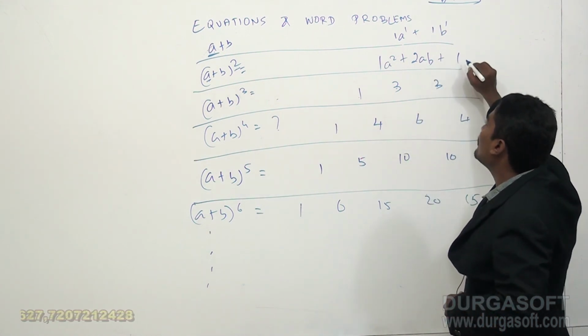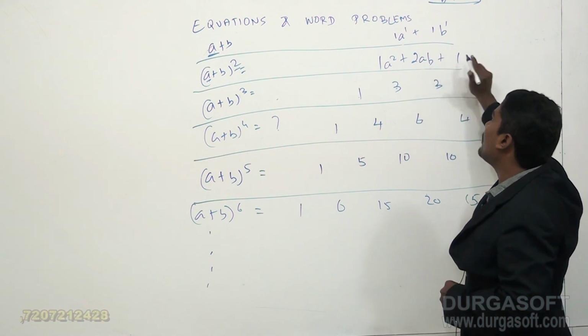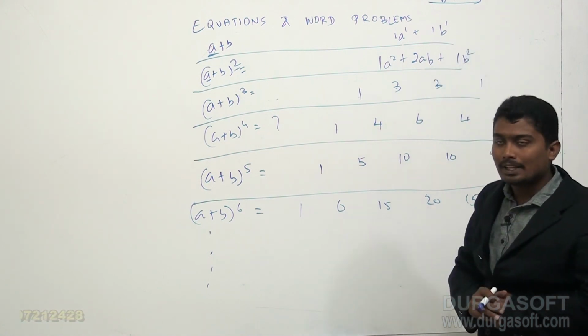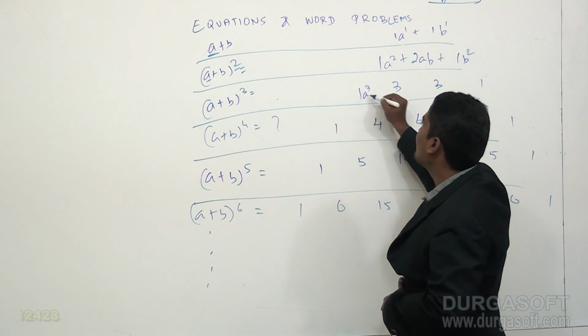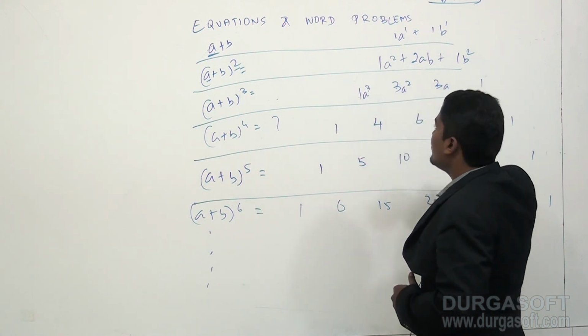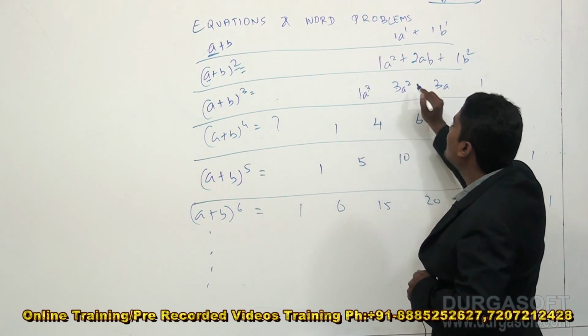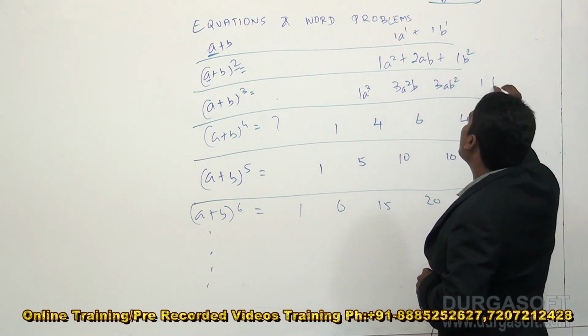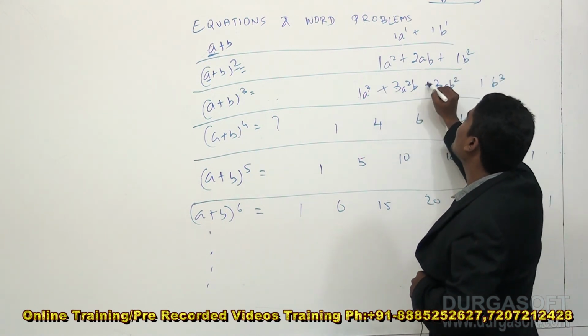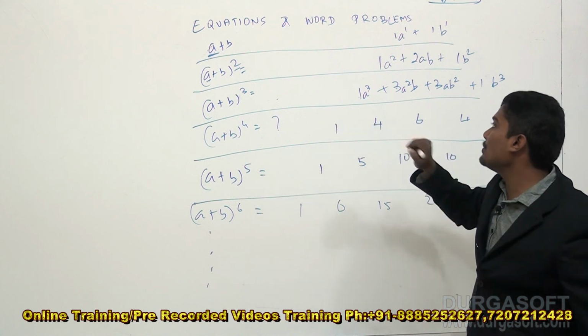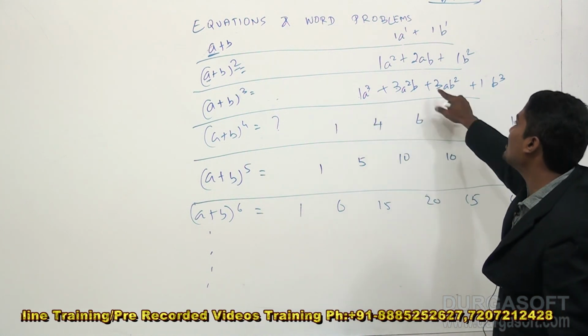So this a power 1 will become a power 0, which is nothing. B power 1 will become b square. Same, I can write a cube, a square, a nothing. I will now start with b, b power 1, b square, b cube. So just use plus symbol in between. So the formula for a plus b the whole cube will be a cube plus 3a square b plus 3ab square